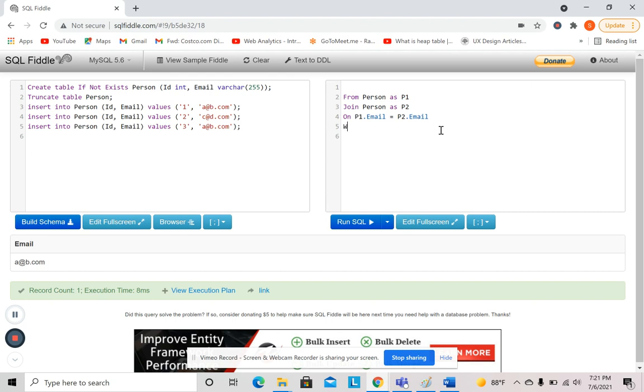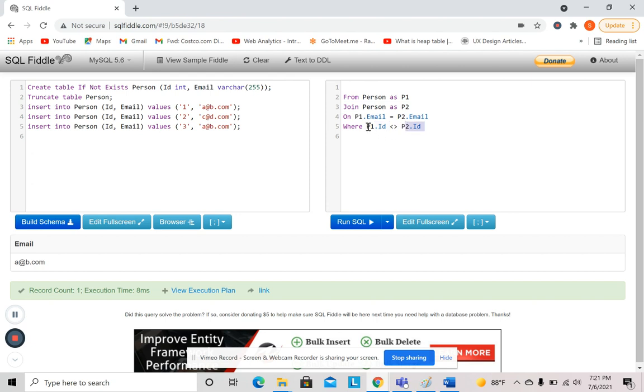And we also have to be careful that we want only the records where p1.id is not equal in both the cases, because then we are actually counting the row when it is joining with itself. We don't want to count that row, right? So we will exclude all those rows where p1 id is the same as p2 id.